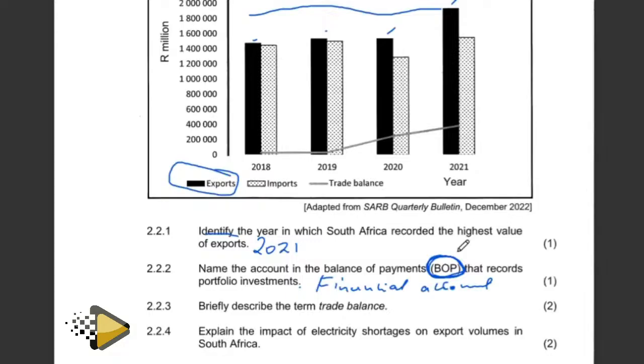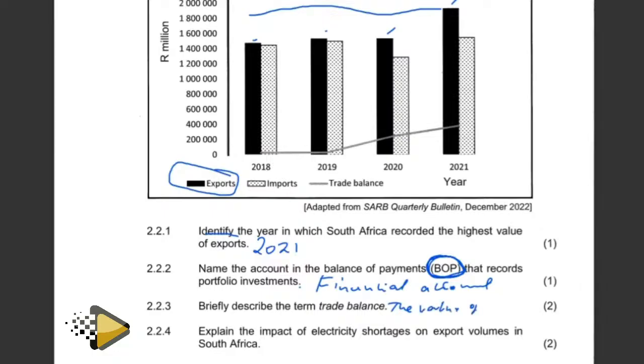Okay, right. So now let's move on to the next question, grade 12. The next question reads as follows. We have 2.2.3, briefly describe the term trade balance. So now, if you still remember, grade 12, when we talk of the trade balance, we refer to the value of exported goods plus net gold exports less the value of the imported goods. So we simply mean that in this regard, we refer to the value